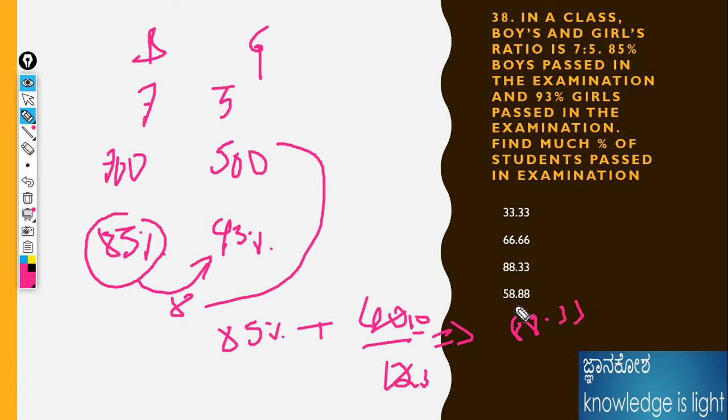That means, already you understand the base method. If any problem is given like that, just see that 85% is the lowest one. Take the difference between the percentages; 8 is the difference. We take 8 times 5, which is 40. Adding the numbers of the ratio, 7 plus 5 is 12. 40 divided by 12 is 3.33, plus 85%, the minimum we take from the group. Adding the minimum to what we obtained, we get the answer 88.33 for this question.